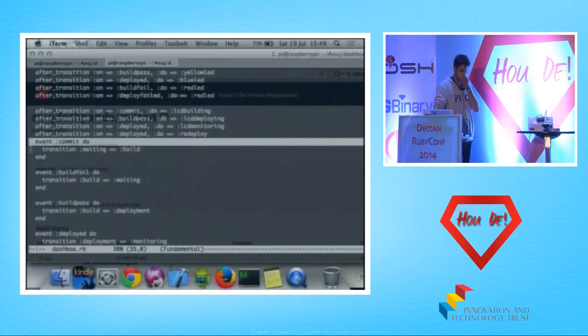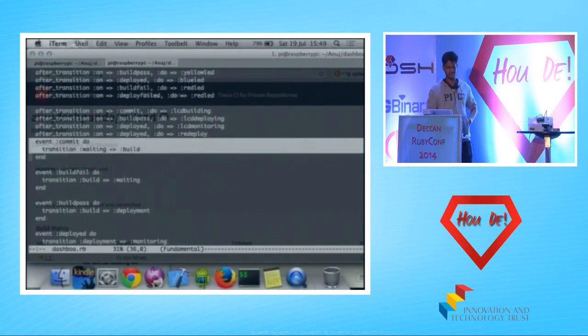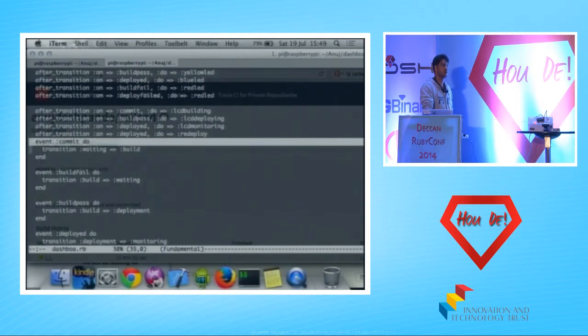Similarly, if a build fails, it goes from build state back to waiting. This is a very interesting thing, and it's quite widely used from where I come. In embedded systems, most of the systems are designed to be very robust, and that's why they're based off state machines.